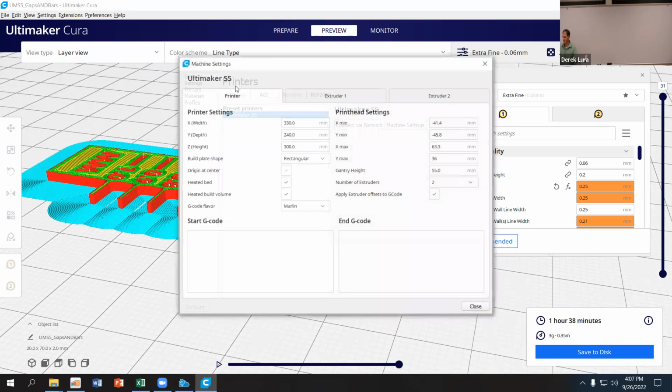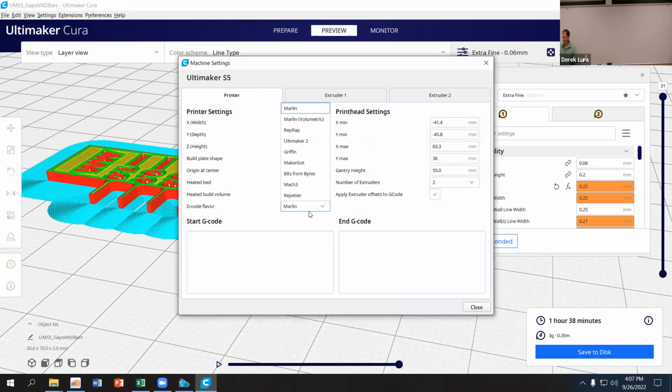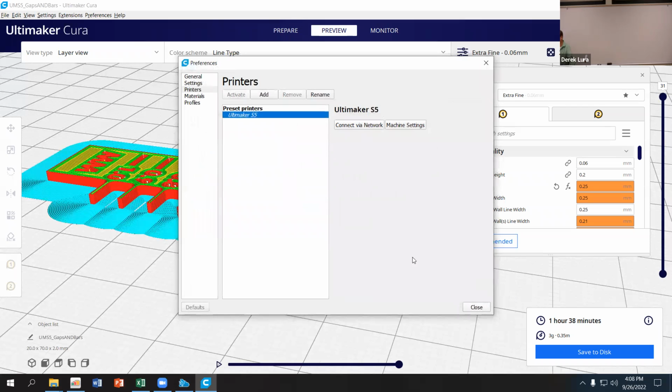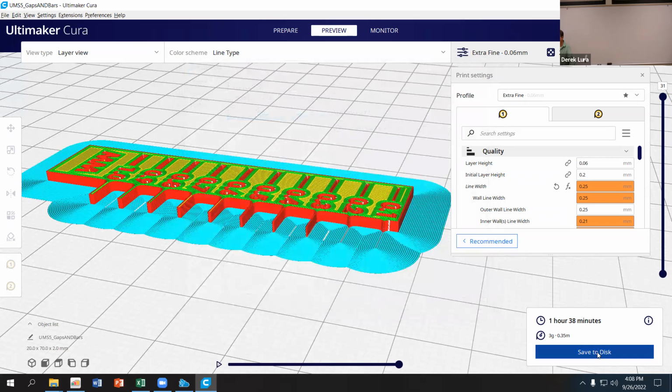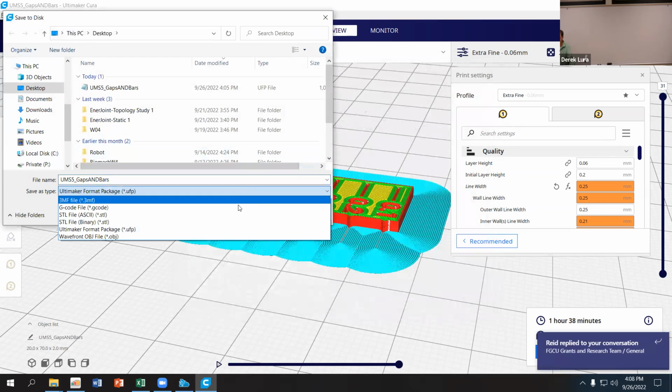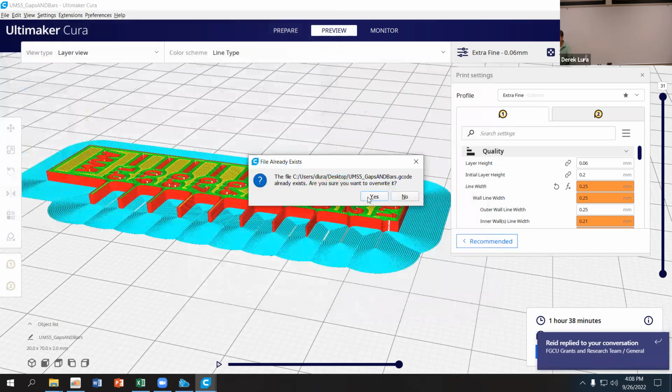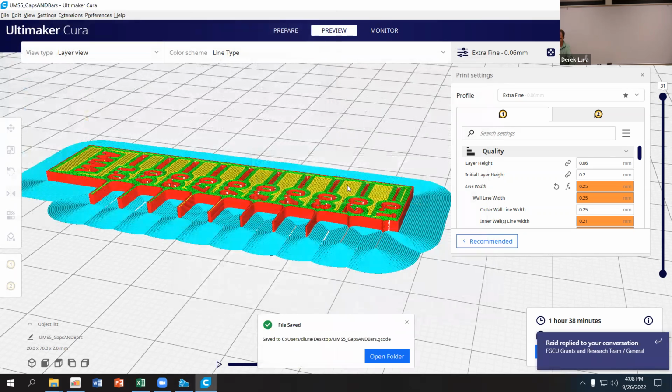So again, in machine settings, printer, G code flavor, Marlin. I'm just using Marlin because I have a reference for Marlin up on the Canvas page. So that's the one that we're going to use. And then save to disk, change it to .G code, hit save. It says, do you want to, I mean, I already have it out there, so I'm just going to overwrite